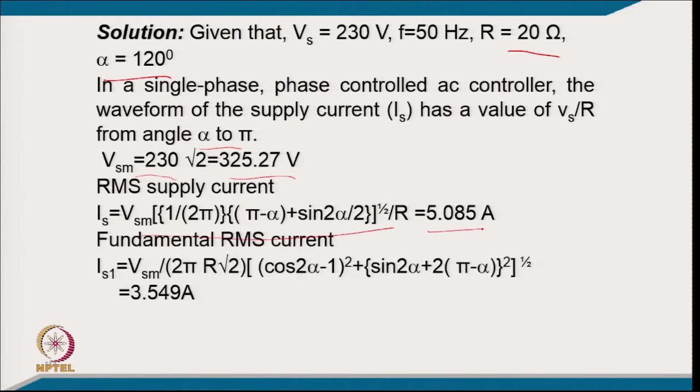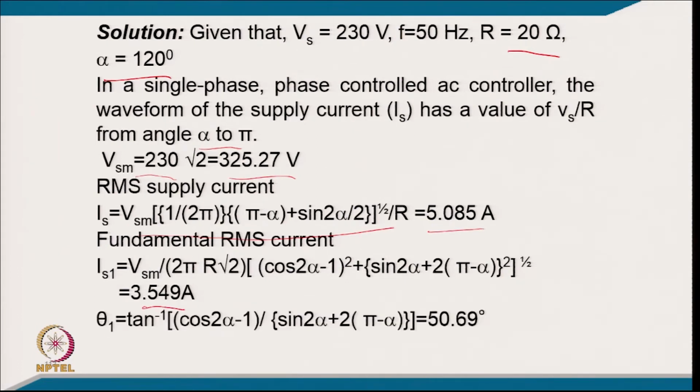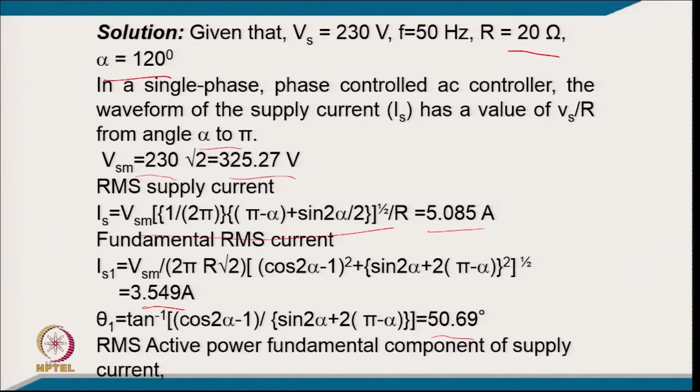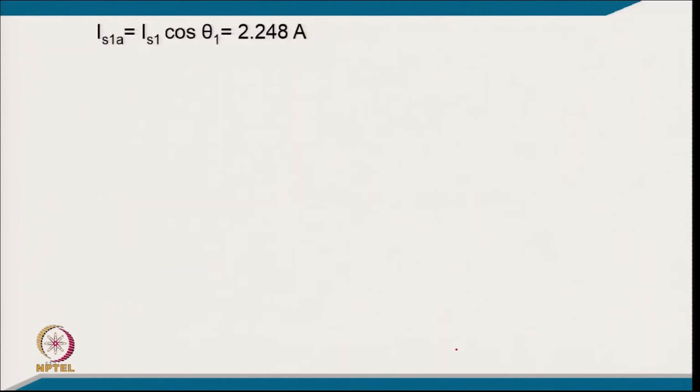5.085 ampere. The fundamental RMS current in this resistive load with the AC controller, from the relation given in most power electronics books, you can find out. From this relation it comes to 3.549 ampere. The angle between the fundamental current and the voltage, from the relation in terms of alpha, comes to 50.69 degree. The RMS active power component of the supply current will be IS1A equal to IS1 cos theta 1, and putting the values, it comes